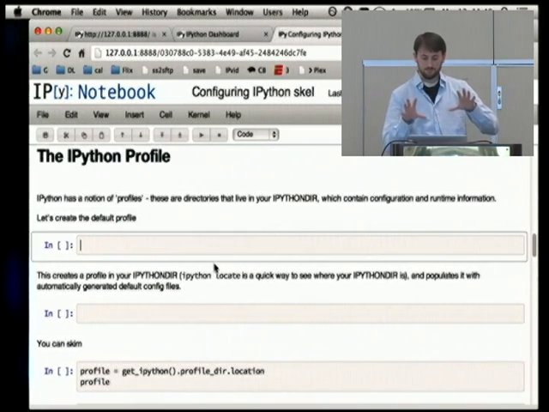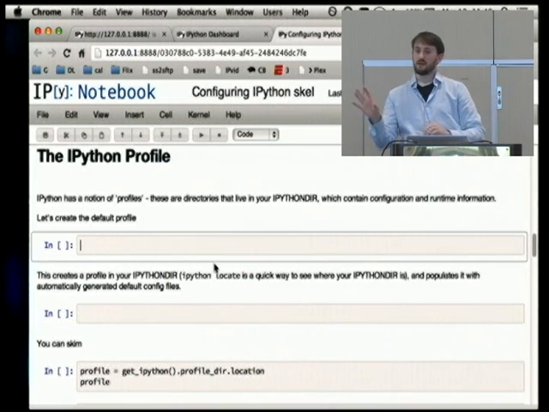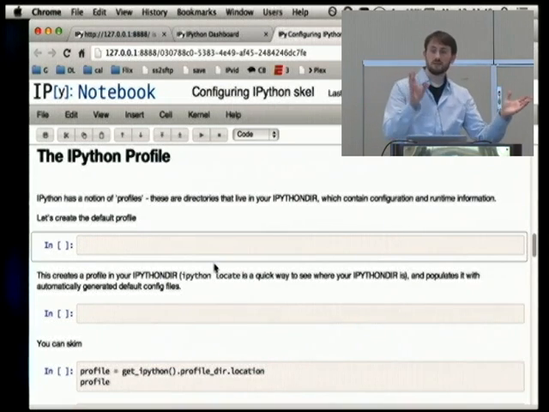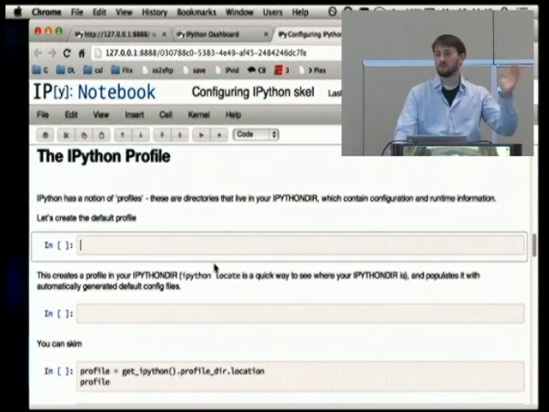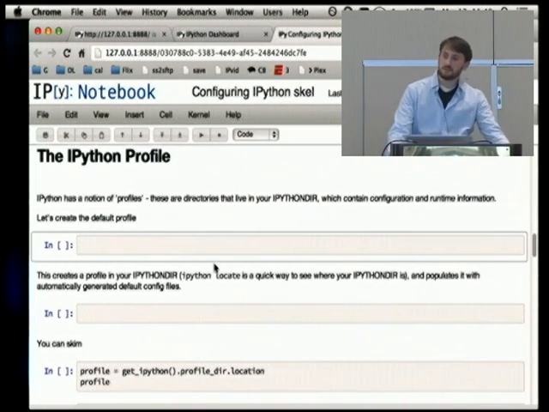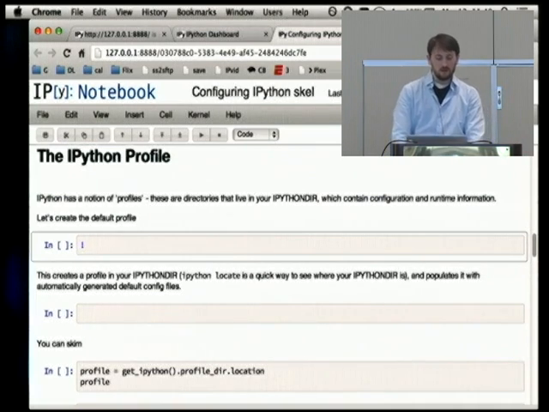so that you can have a different profile. Let's say you might have a profile for working on some physics project, and that will have a different history from your default profile. And so you can isolate history, and you can isolate configuration, for example if I want different colors, different fonts. These things can all be isolated on a per-profile basis. So to start configuring IPython,